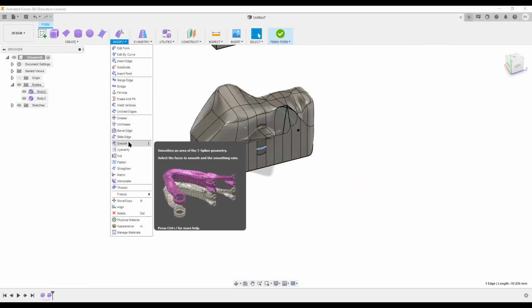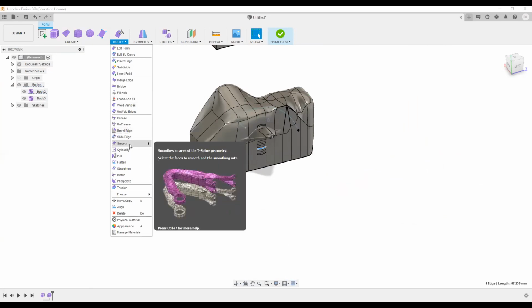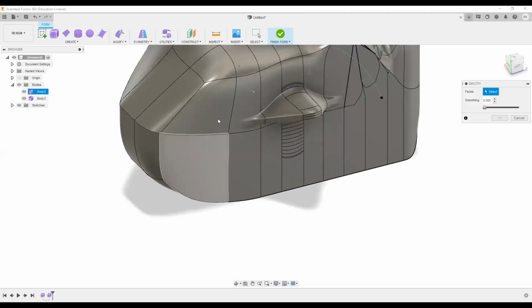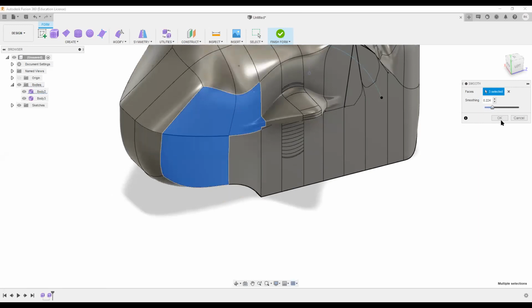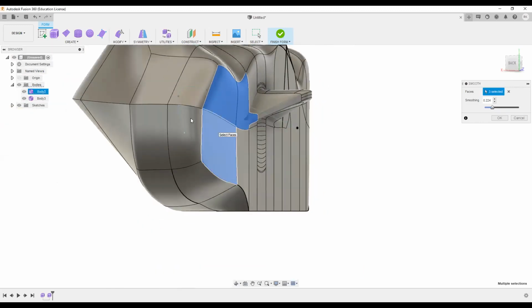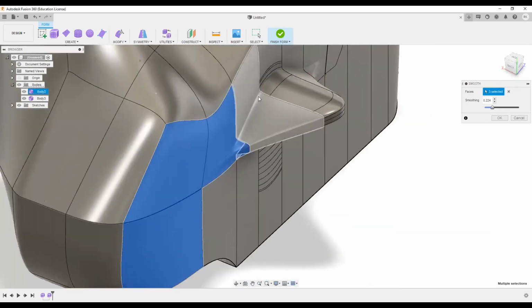Then we have this smoothen option. For the smooth option, I don't know whether it will work on this particular face or not, but I'll try. No, it won't work on this. It had worked on these particular faces. What it will do is make the contour lines, the lines of the free forms, and the edges and the points flow in a very smooth manner.